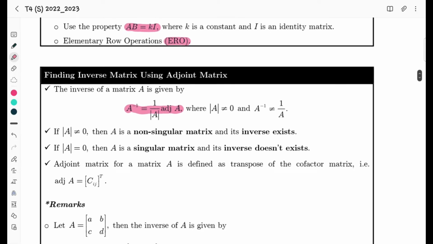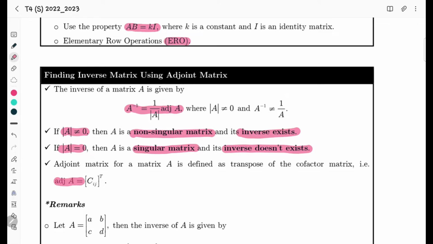If the determinant of A is not equal to 0, then A is a non-singular matrix and its inverse exists. If the determinant of A is equal to 0, then A is a singular matrix and its inverse doesn't exist. The adjoint matrix for matrix A is defined as the transpose of the cofactor matrix, i.e. adjoint A is equal to